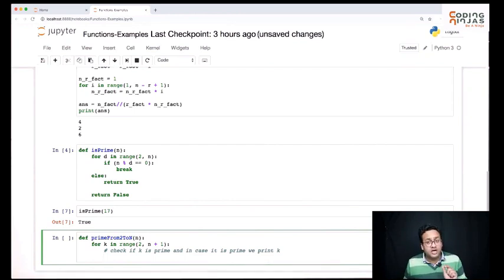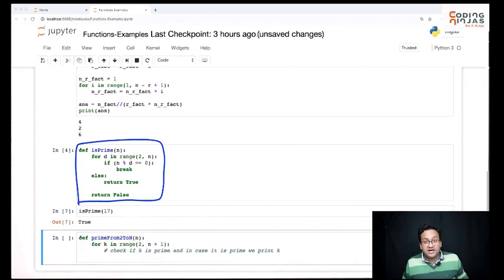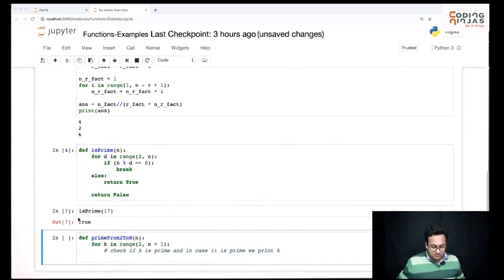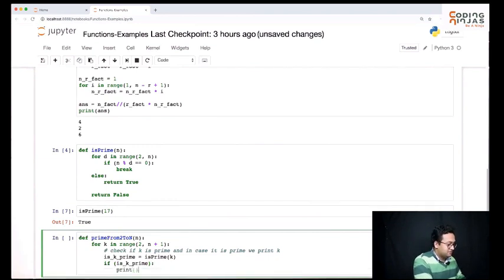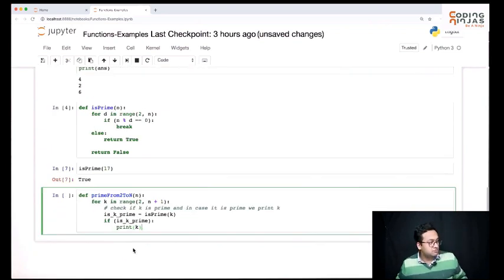So you are given a number k and you have to check if it is prime or not. Do we need to write that code here? I don't think we need to write that code here. We already have a function to do exactly that. So basically what we will do is, let's take a variable is k prime. Let's call the is prime function on k. And we will get a true or false. We will get true only if k is prime. That means if is k prime, if you get a true return, then we will print k. And I think that's it.